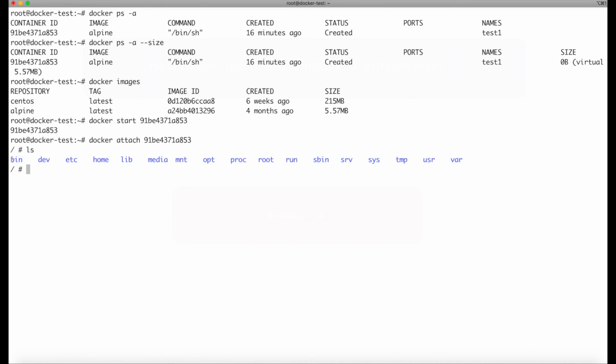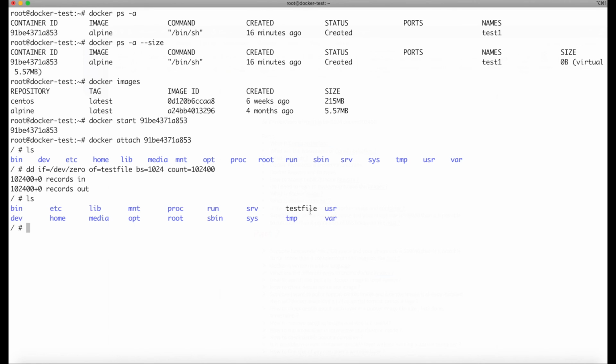Let's do ls. These folders are there in the current directory. Now I will use the dd command to create a 100 MB dummy file here. This command will create a 100 MB file with the name testfile. Let's do ls again. Yeah, so this file is created. Let's verify its size. Yes, so the size is 100 MB.